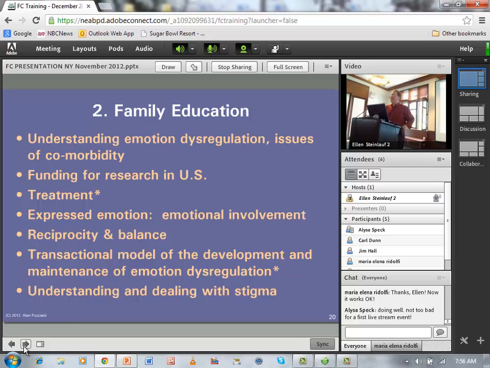You know, there's a lot of stigma if you've made a suicide attempt, if you've been self-harming, if you're in the mental health system. And there's stigma being a family member or a partner of somebody in that. And that comes up in a variety of ways, and we'll talk a little about that. All right, so let's start with this idea of